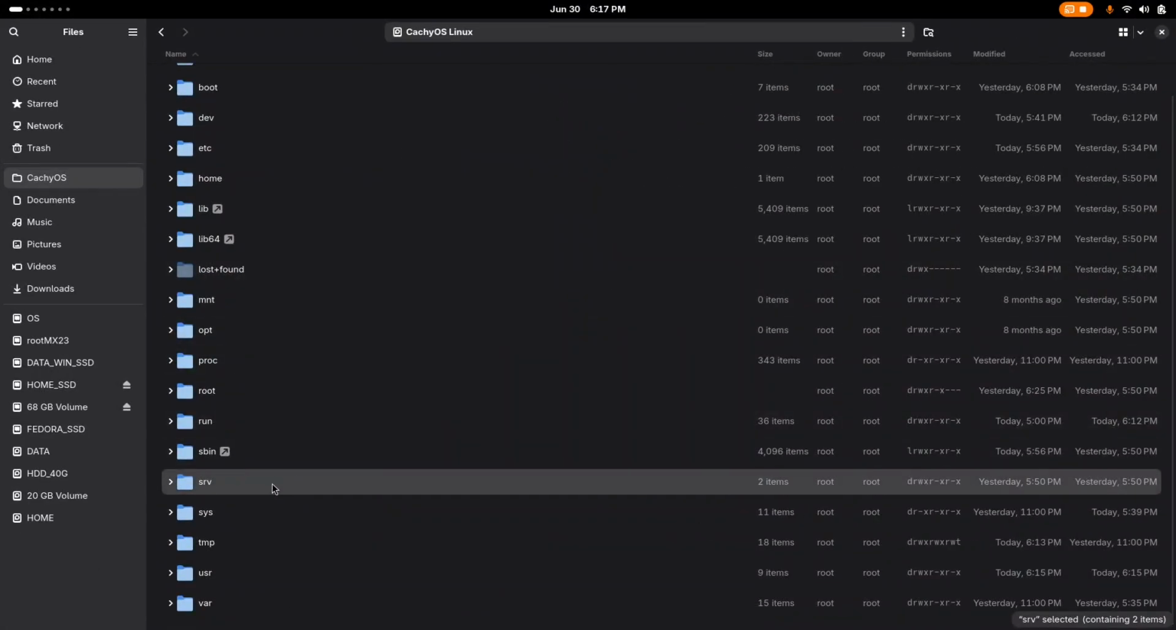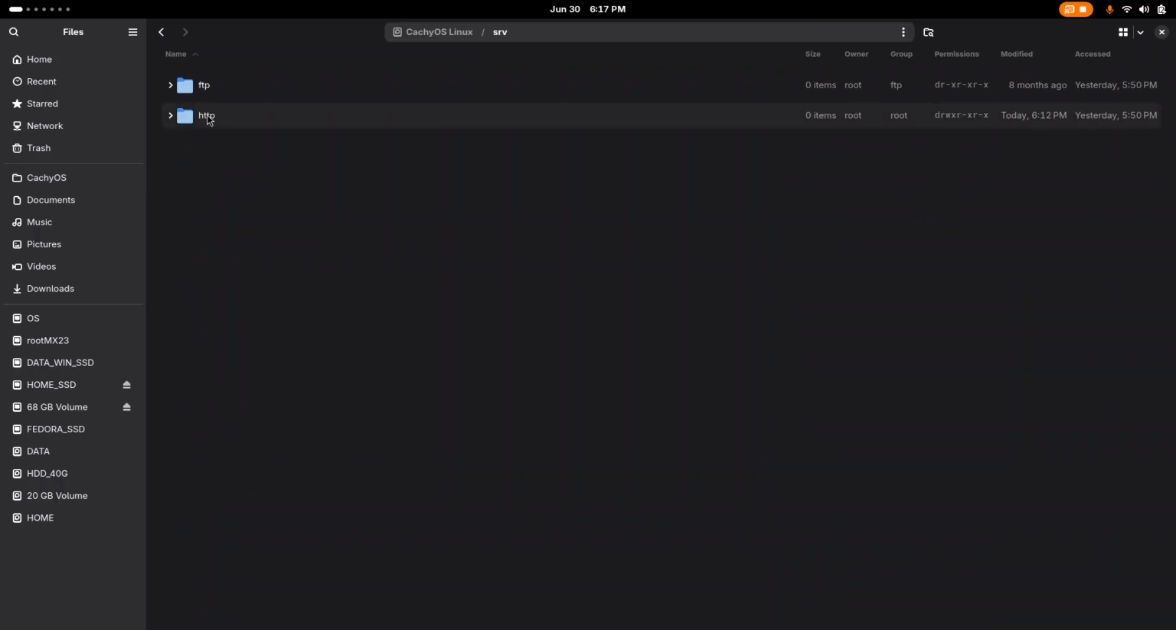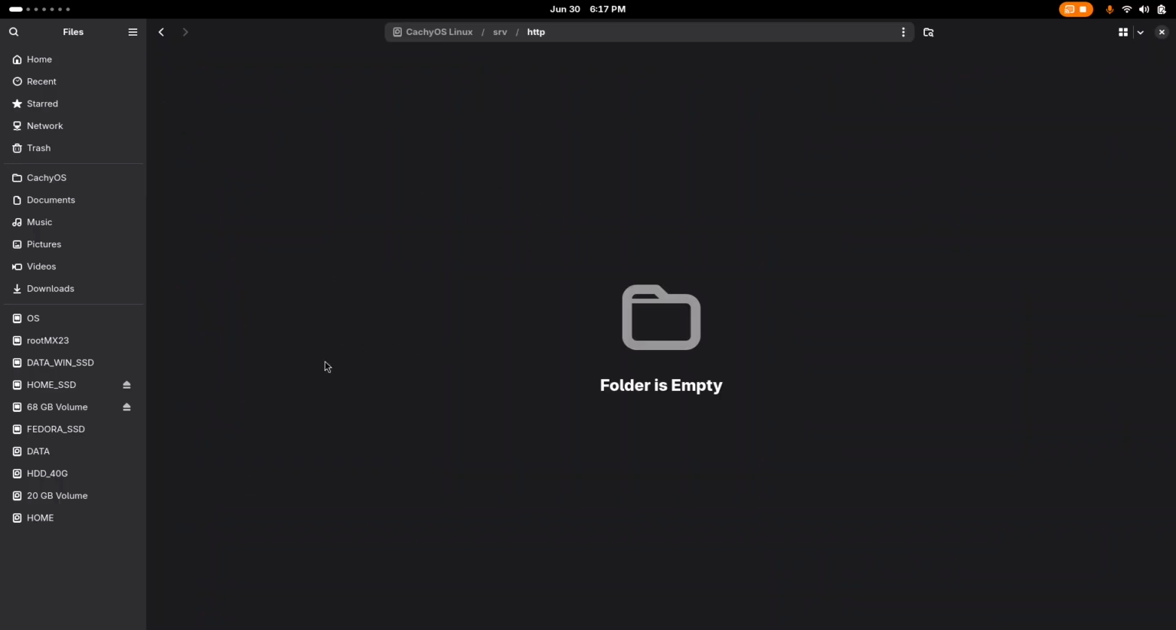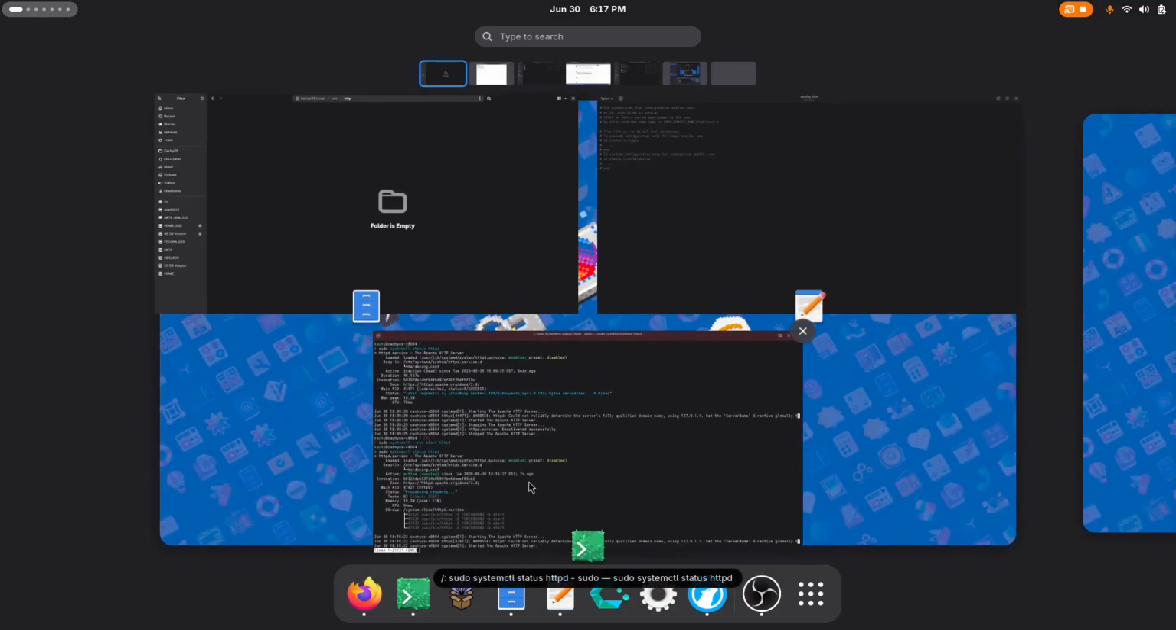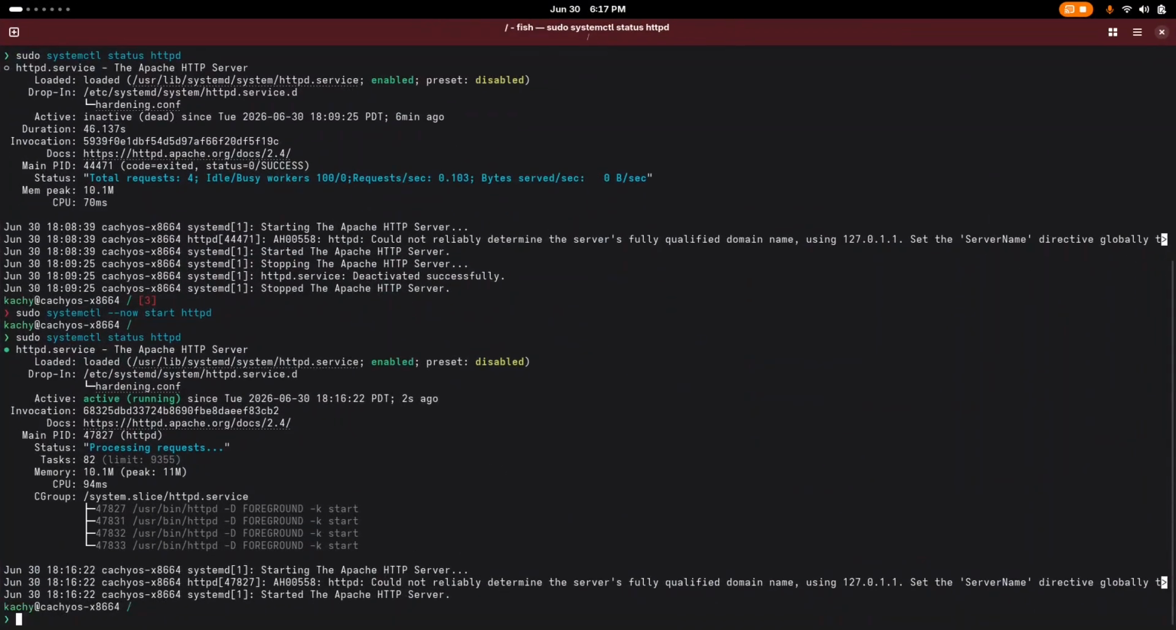The Apache server will look at the folder under /srv, and then http, so it's going to look at this folder. So what we need to do is go to this folder and create an index.html file. So let's go back to terminal, and let's exit, and we're going to cd